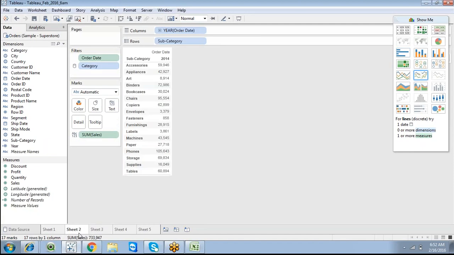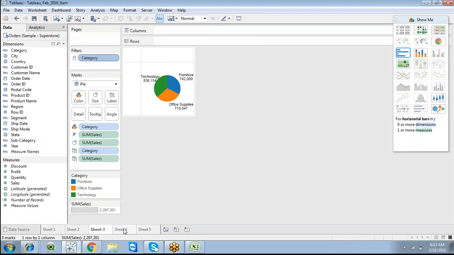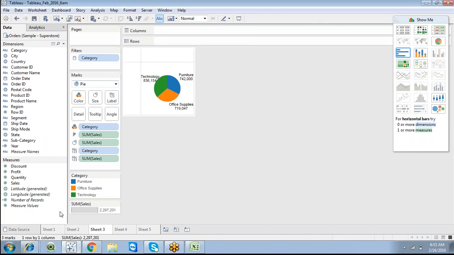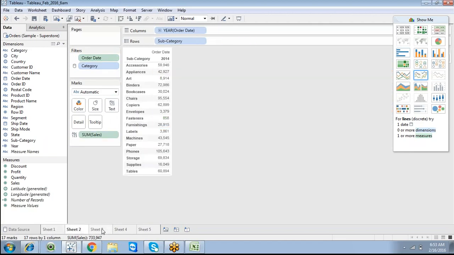Now you can see I don't have category in this particular report, but I mentioned apply my filter to all the worksheets. I didn't target sheet 4 and sheet 5 individually. I just used apply to worksheets, all using this data source. So this filter is going to be selected across all the sheets.